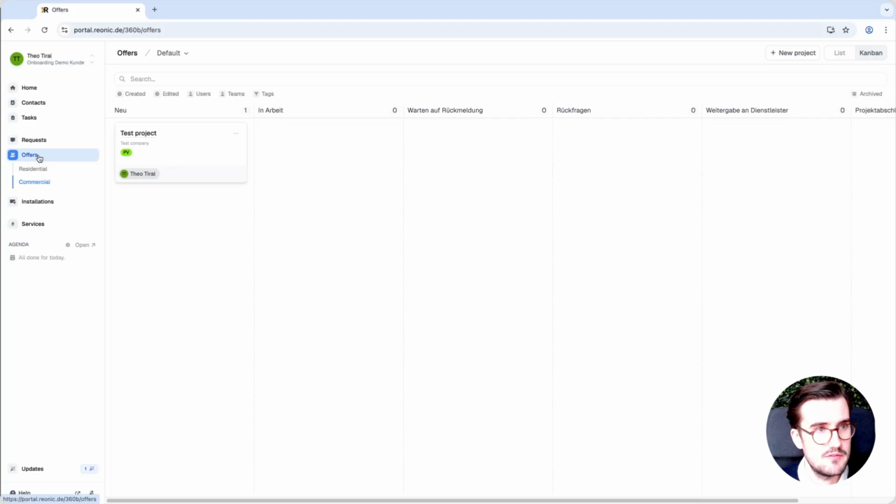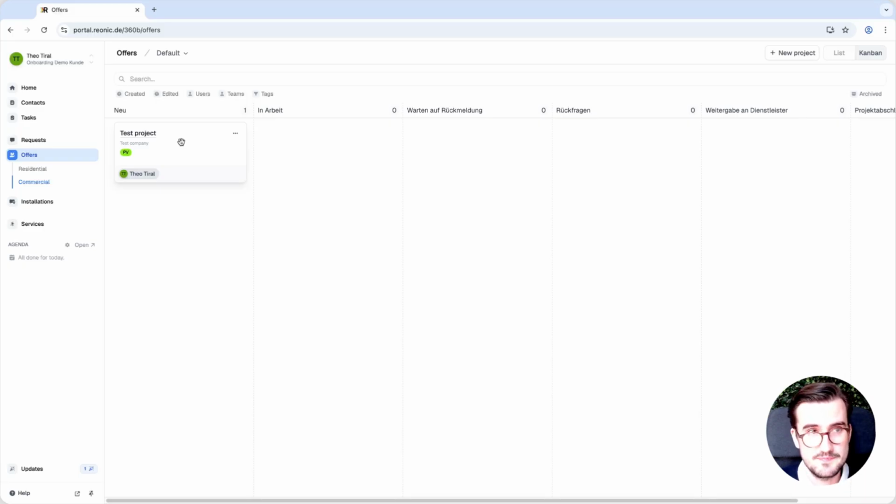To give you a quick overview, I have created a test planning already, so we can find this under offer, in commercial, and then here the test planning. The great stuff is that many parts of the residential tool can also be found in the commercial tool. So you don't need to learn an entire new system here. It's basically just giving you more depth in certain simulation parts and obviously more flexibility when it comes to commercial